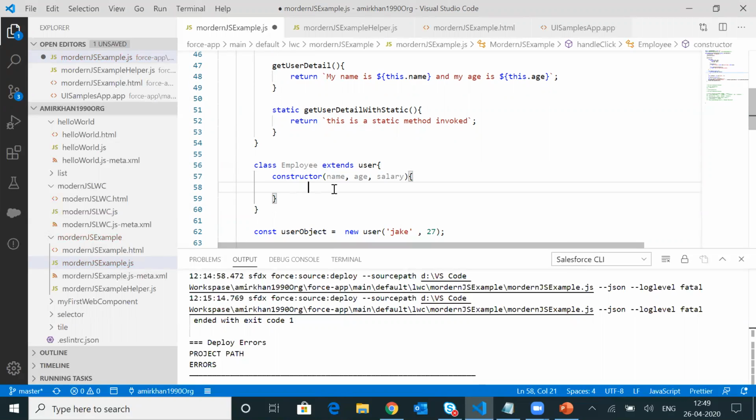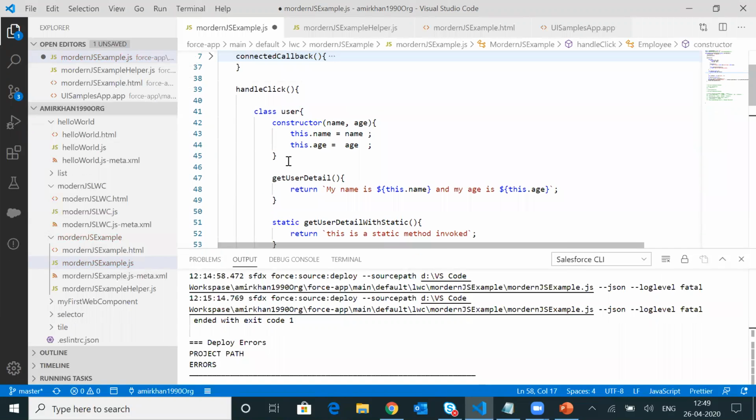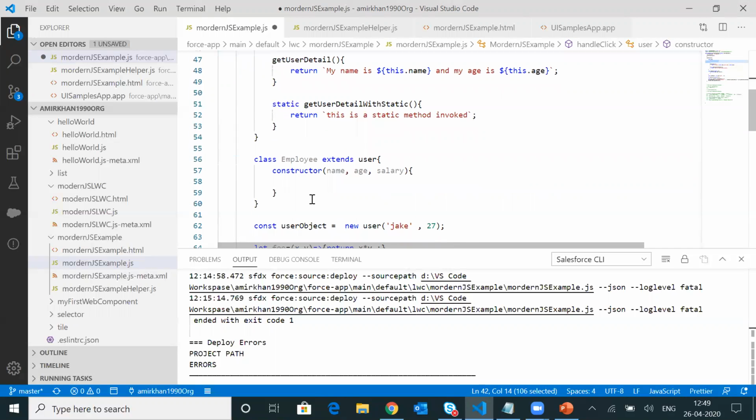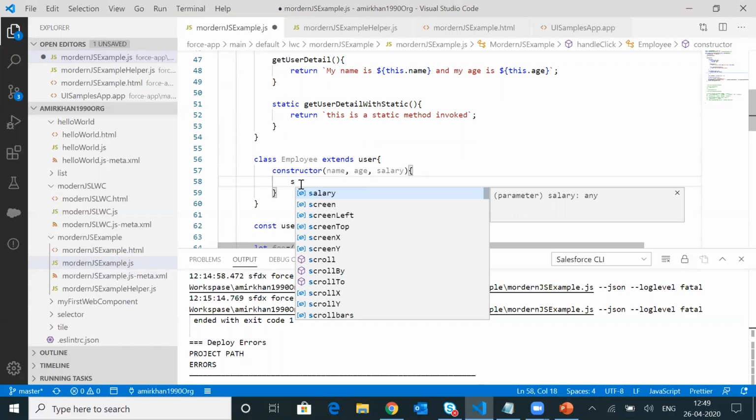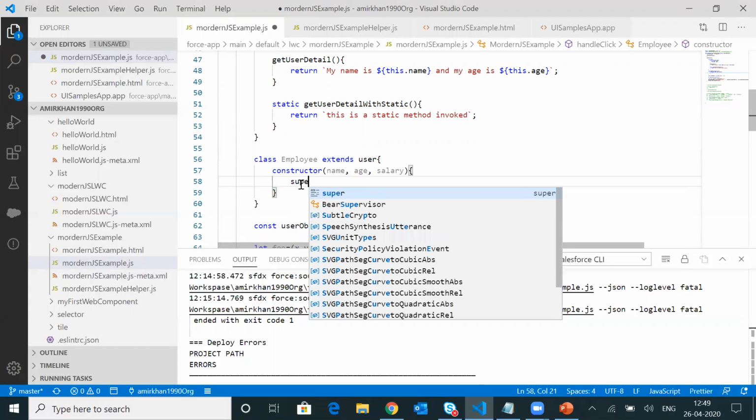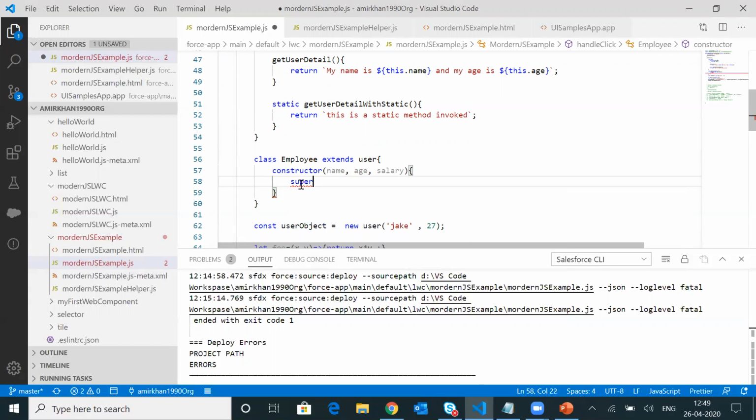Let's say I am executing the constructor, and with the constructor I don't want to assign the name and the age here. I want to utilize my older constructor written over here. So we can simply call super, and with this super we pass name, age.